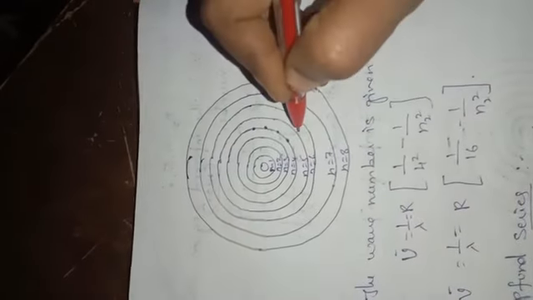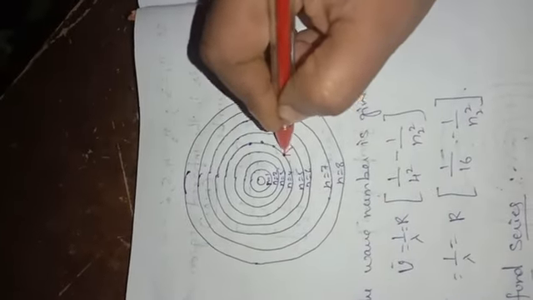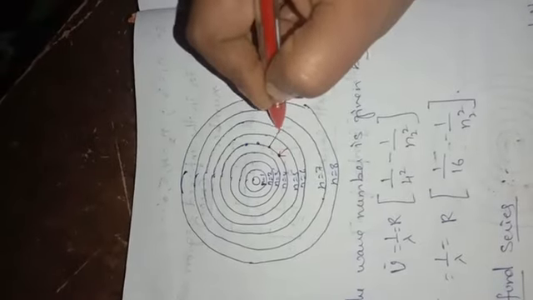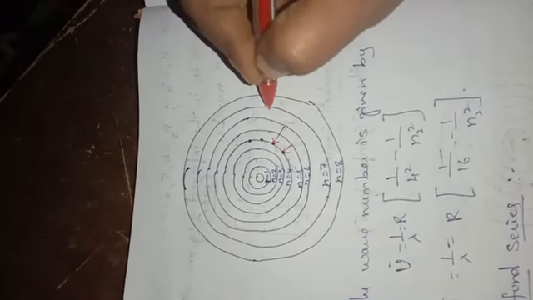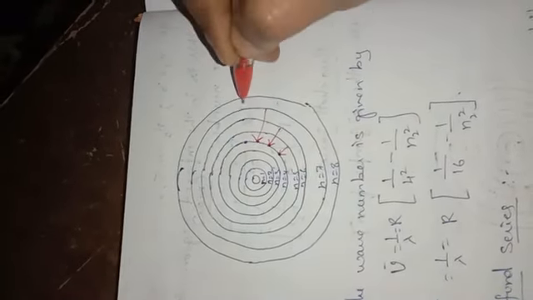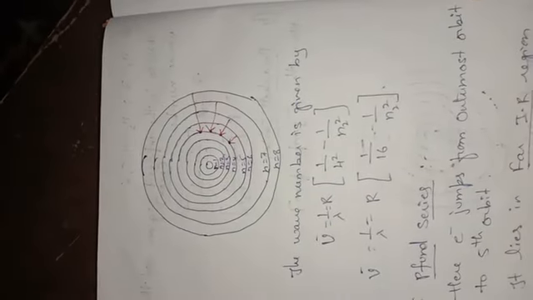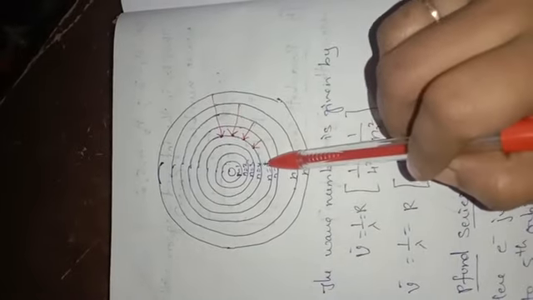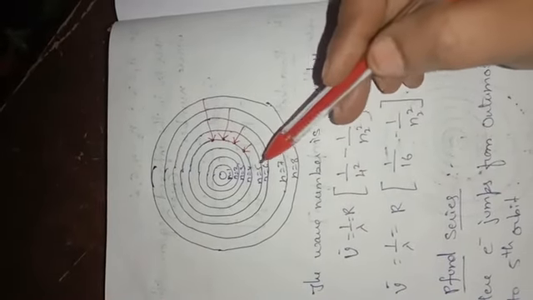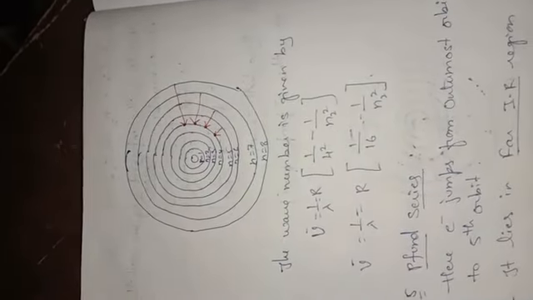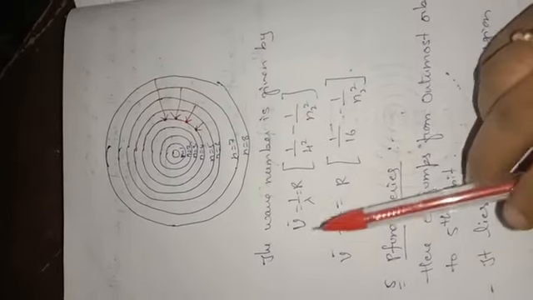So look at here what I said. Every electron jumps from the outermost orbit to the 4th orbit: from the 5th orbit to the 4th orbit, 6th to 4th, 7th to 4th, and 8th to 4th orbit. Understand, children? So here n1 will be 4 and n2 will be 5, 6, 7, 8 and so on. So what is the formula you are going to get?